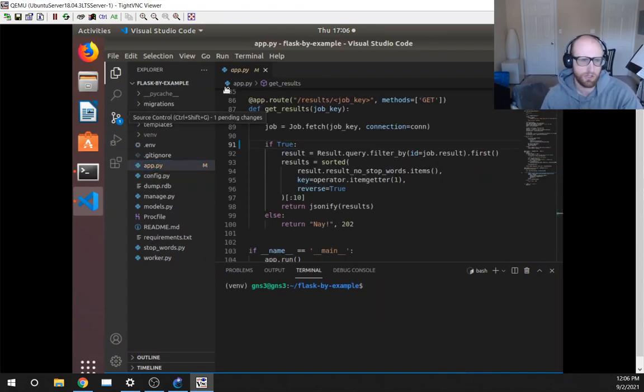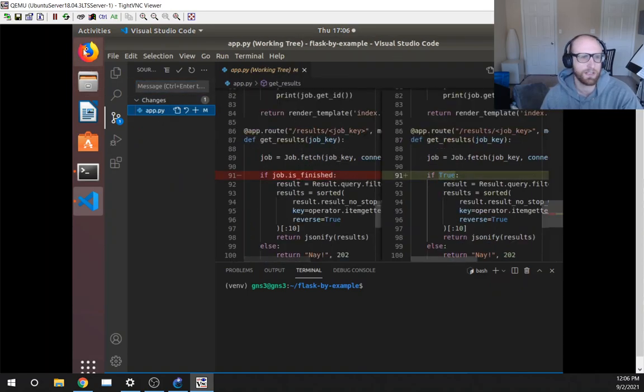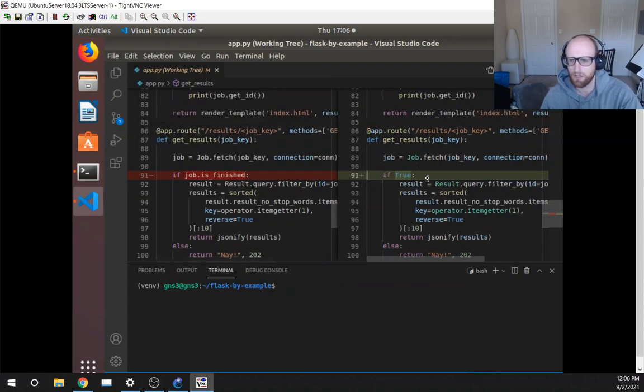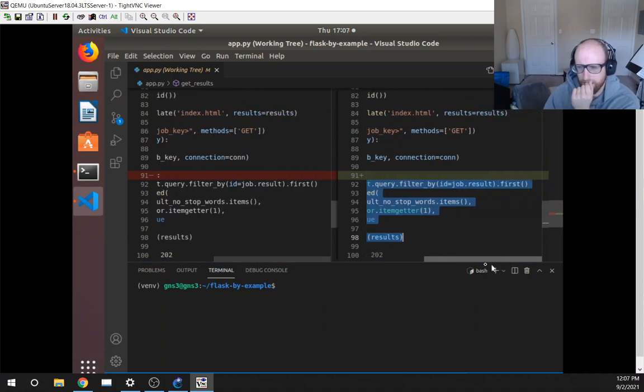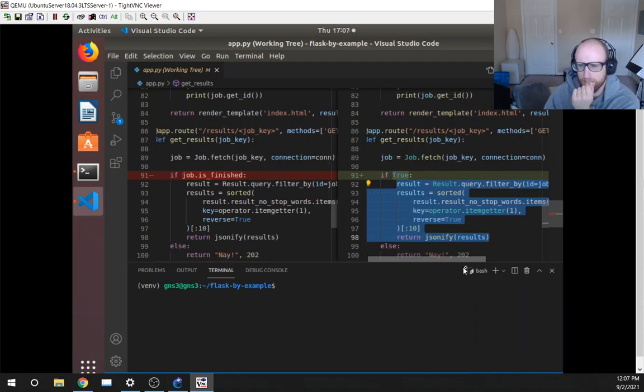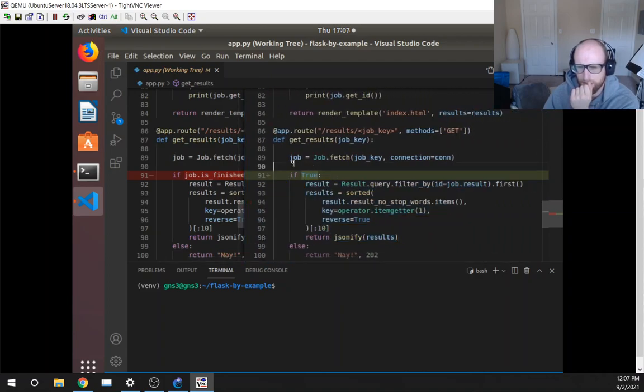Now we do have some changes here in our source control. Let's take a look at that. And okay, so I see the change. The change is that as part of my troubleshooting, I just set this to true so that we can verify that if I do figure out this job variable is working as intended, and then this code section does execute, will it then run properly? So this is a little bit misguided, I would say, of a troubleshooting strategy, because we're using this